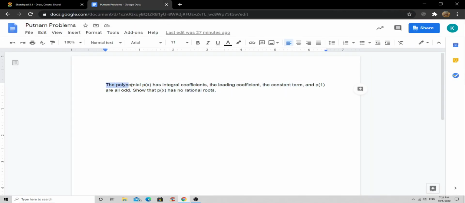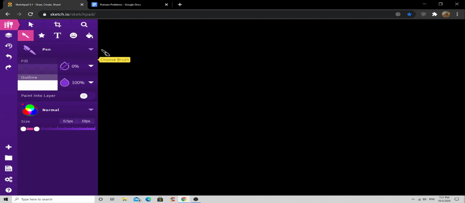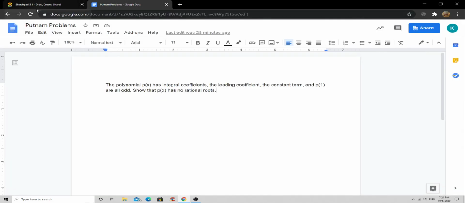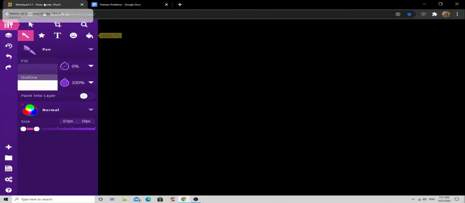It's pretty basic. So the polynomial p of x has integral coefficients. The leading coefficient, the constant term, and p of 1 are all odd. Show that p of x has no rational roots. So let's write up that question here. Integral coefficients just mean integer coefficients, okay? Leading coefficient, okay. So polynomial p of x